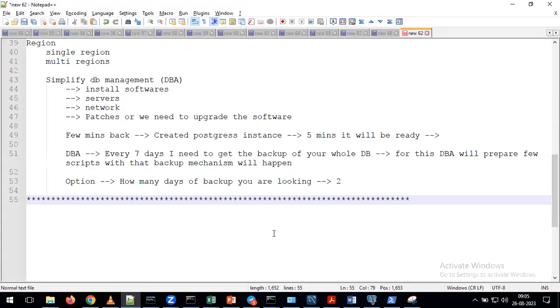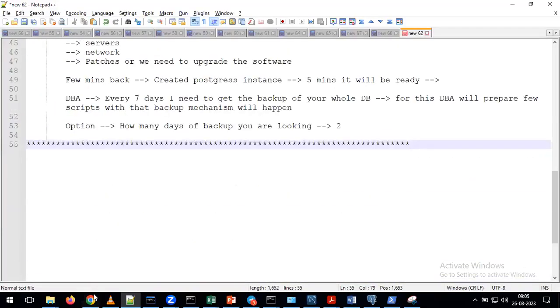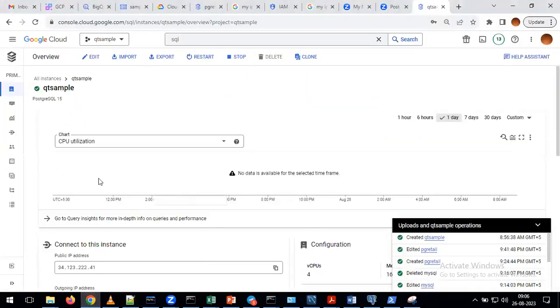Okay, sir. Thank you. Now see here, just to go back to your Cloud SQL once, just to verify, are you seeing this green button or not? Just observe in the Cloud SQL, are you able to see this green button on your console? If you are seeing the green button, what it means indirectly is your Postgres is ready for the purpose of doing your work.